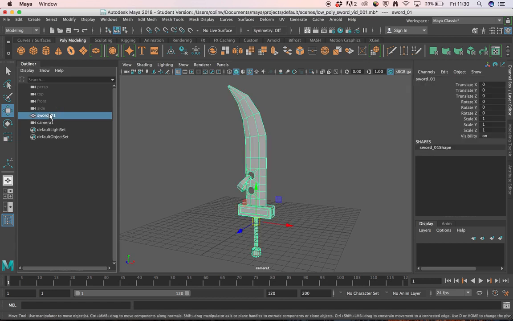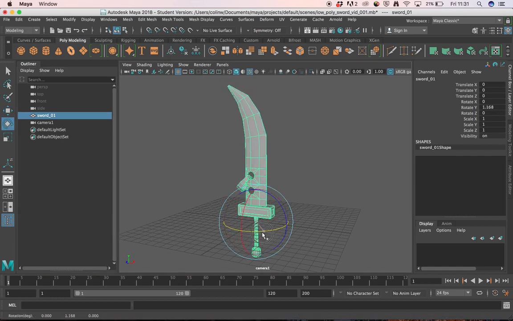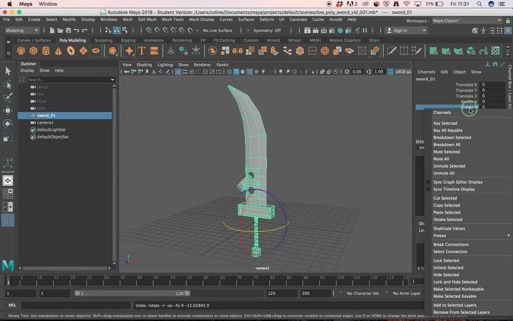Okay, so let's look at how we can do it. We actually have our unified sword model, and I'm going to set up a rotation animation for it that's just going to turn on the spot 360 degrees. So if we start to rotate, we can see that this is the channel that we want to deal with, which is rotate Y. So on frame 1, I'm just going to right click on rotate Y